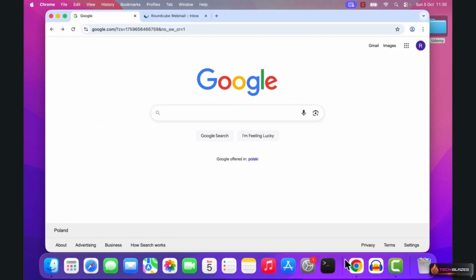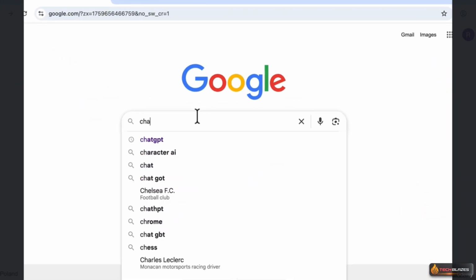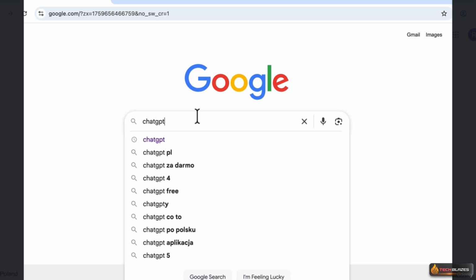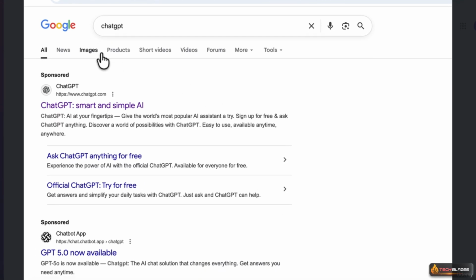Let's start by opening a web browser. It can be Chrome, Edge, or whichever one you usually use. In the Google search bar, let's type